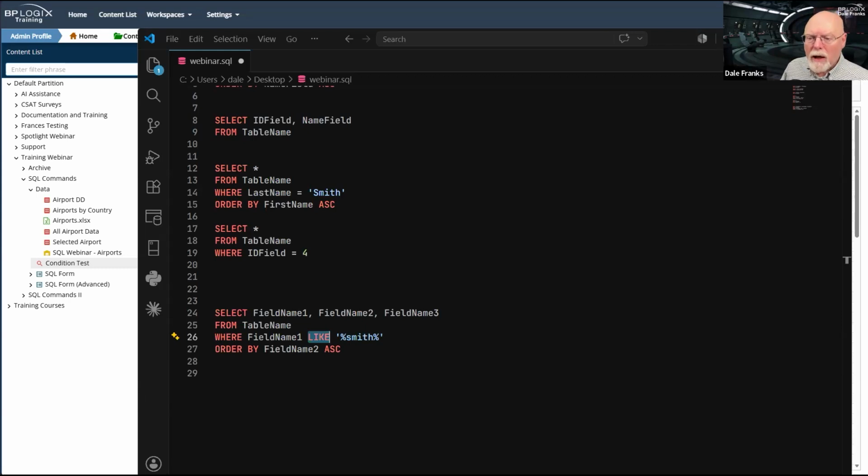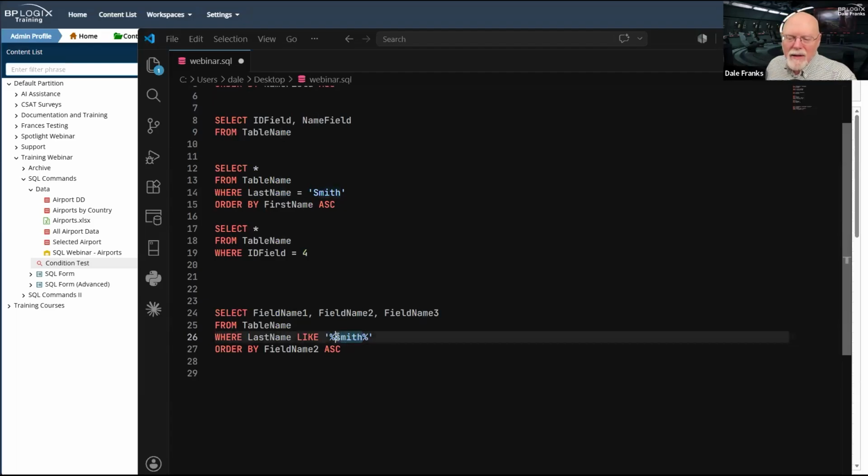So I'm going to use the like operator, but I'm going to go even further here, and I want you to notice this. Let's say that I want to find every last name. So last name is like, and then I've got Smith inside these two percent signs.